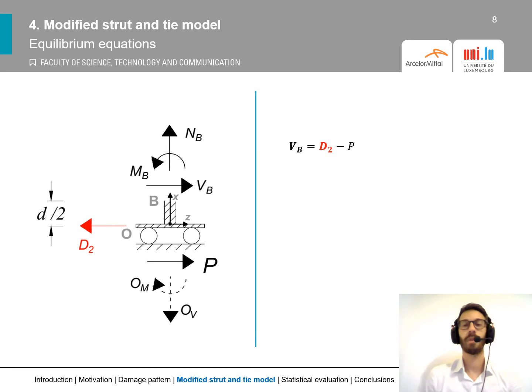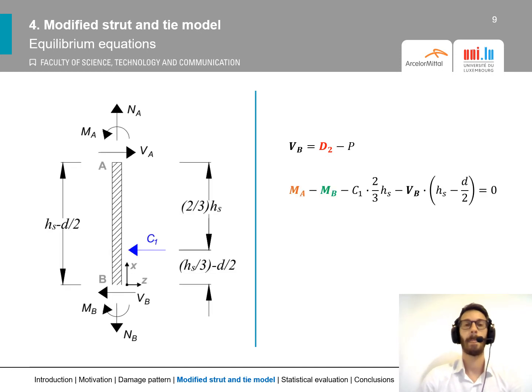To solve the system, we first focus on the portion OB, considering the horizontal equilibrium equation. The following relationship on the right side of the slab is obtained. Secondly, on the segment AB, by considering the rotational equilibrium equation around the point A of the entire segment, we end up with the second relationship here on the right,